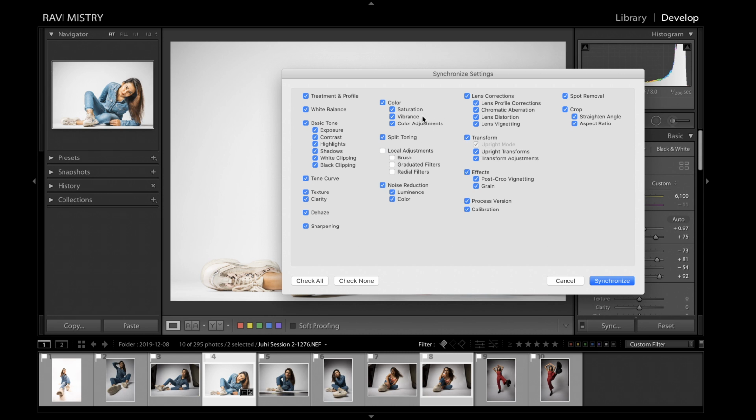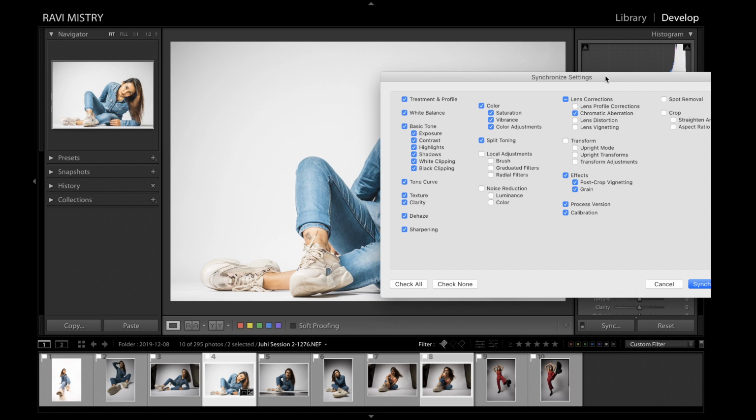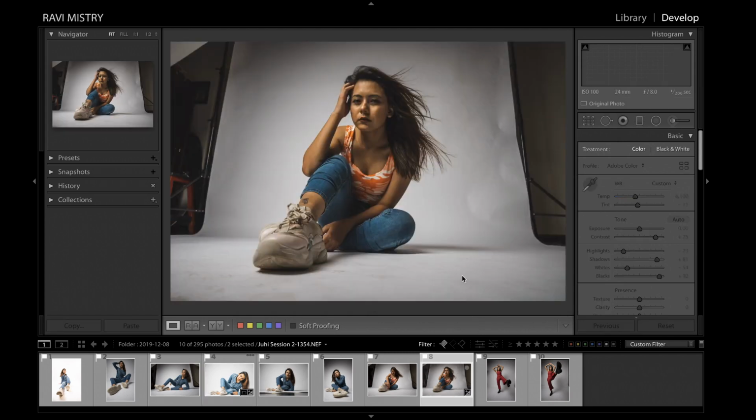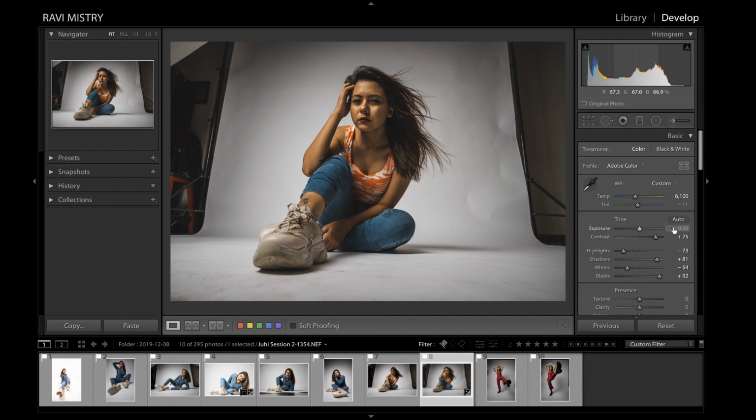Okay, so the local adjustments we did with the eyes and eyebrows and the skin and everything are not gonna apply here. So we're not gonna do lens correction, just chromatic aberration, spot removal. We're not doing crop as well because crop is different, transformation is different. No noise reduction required here. By the way, guys, this photo was shot on a Nikon Z6 and a very basic kit lens, because the kit lens itself is pretty awesome. Not exposure. White balance is good because it's the same white backdrop we are using. So I'm gonna hit sync, and because we did not sync exposure,